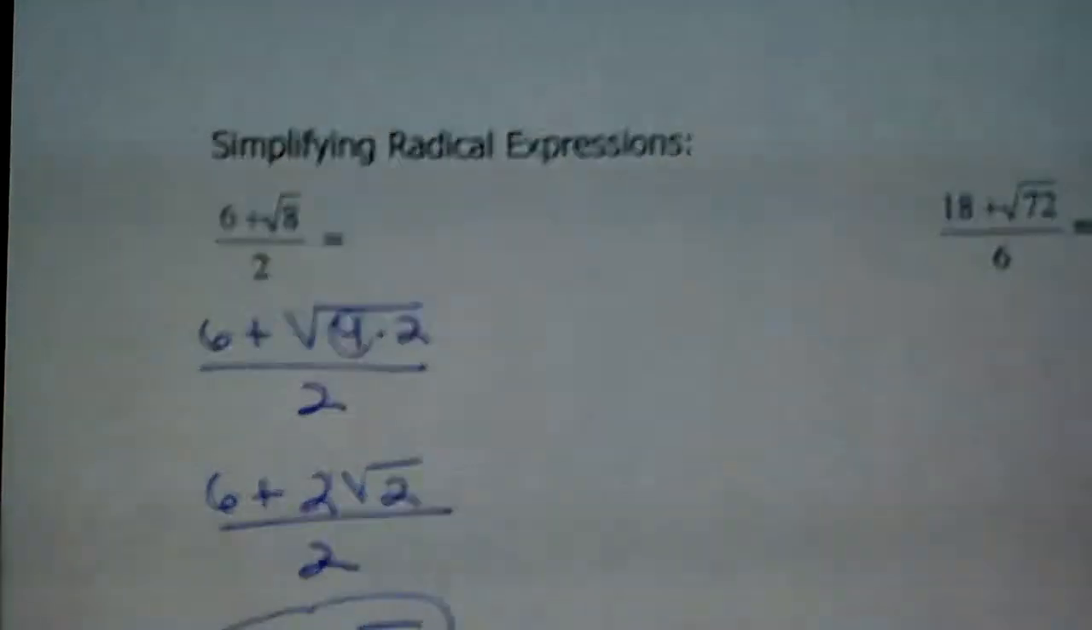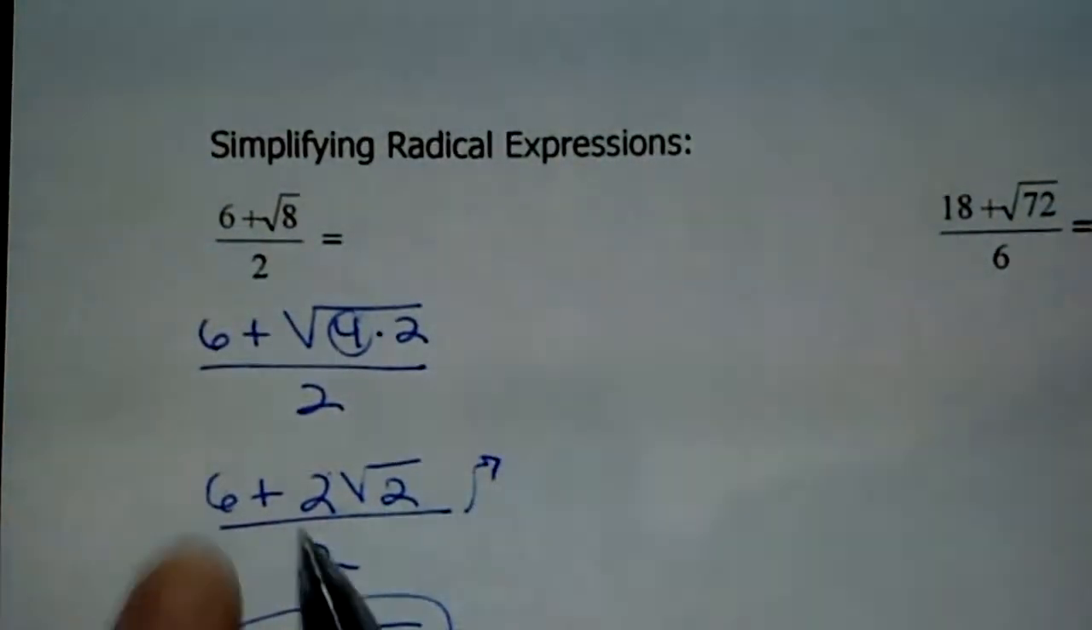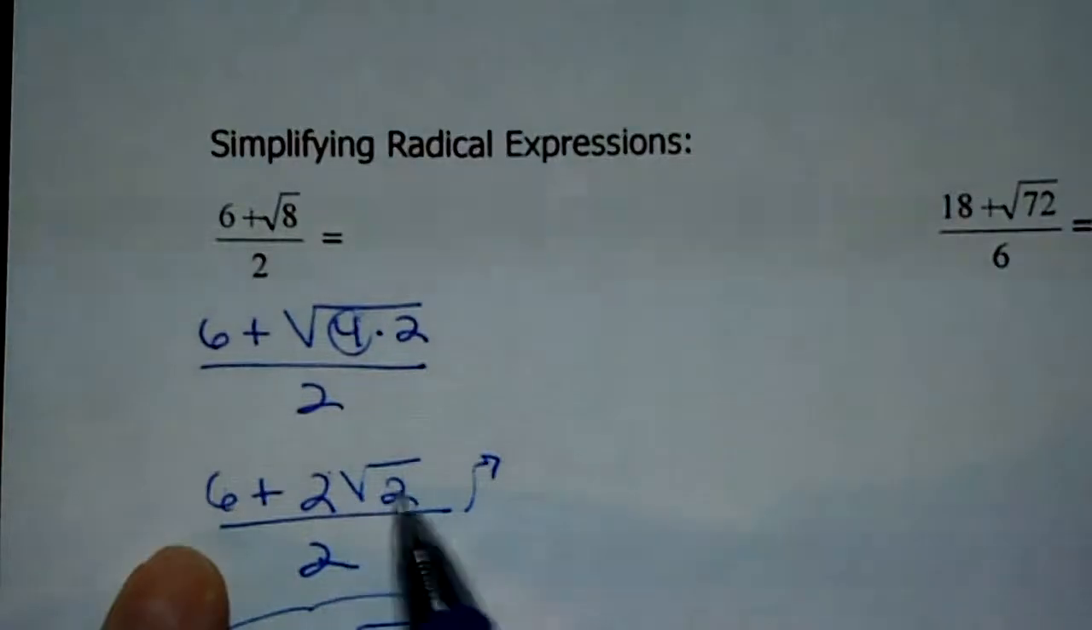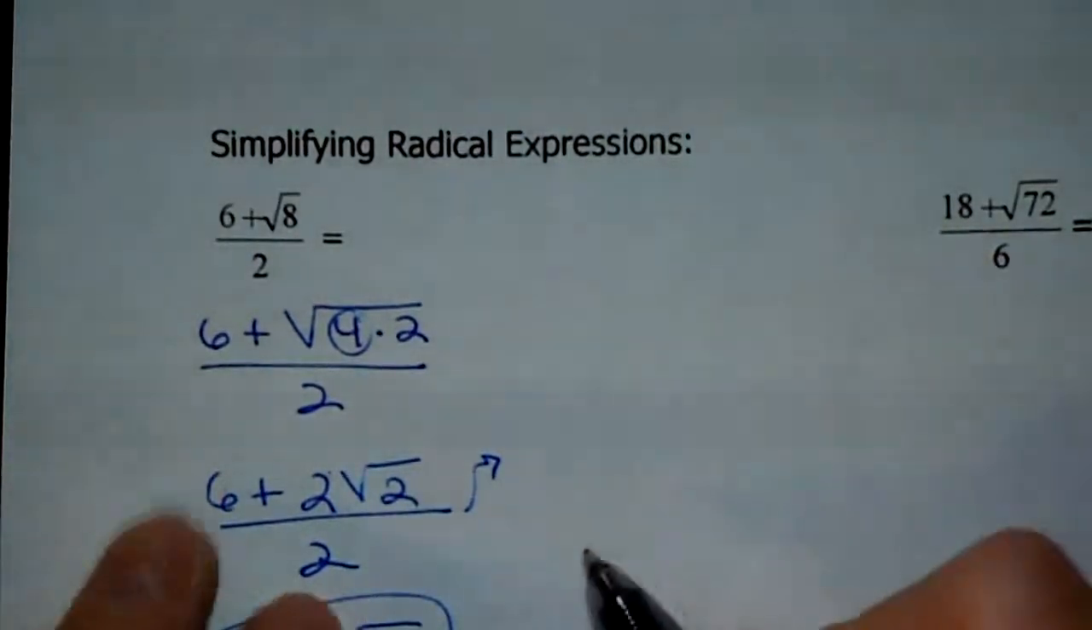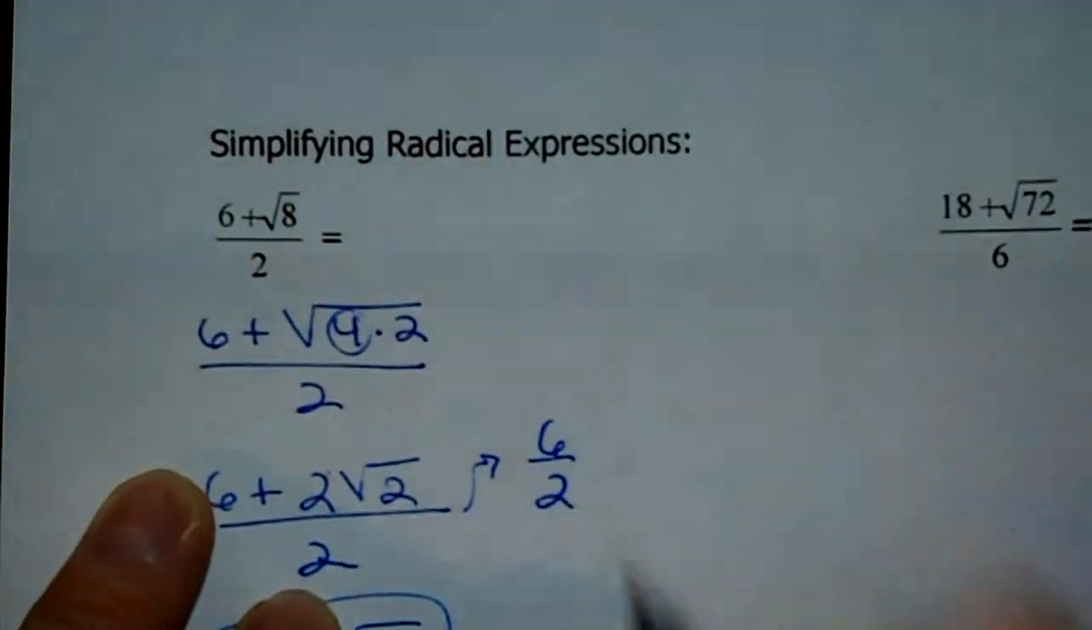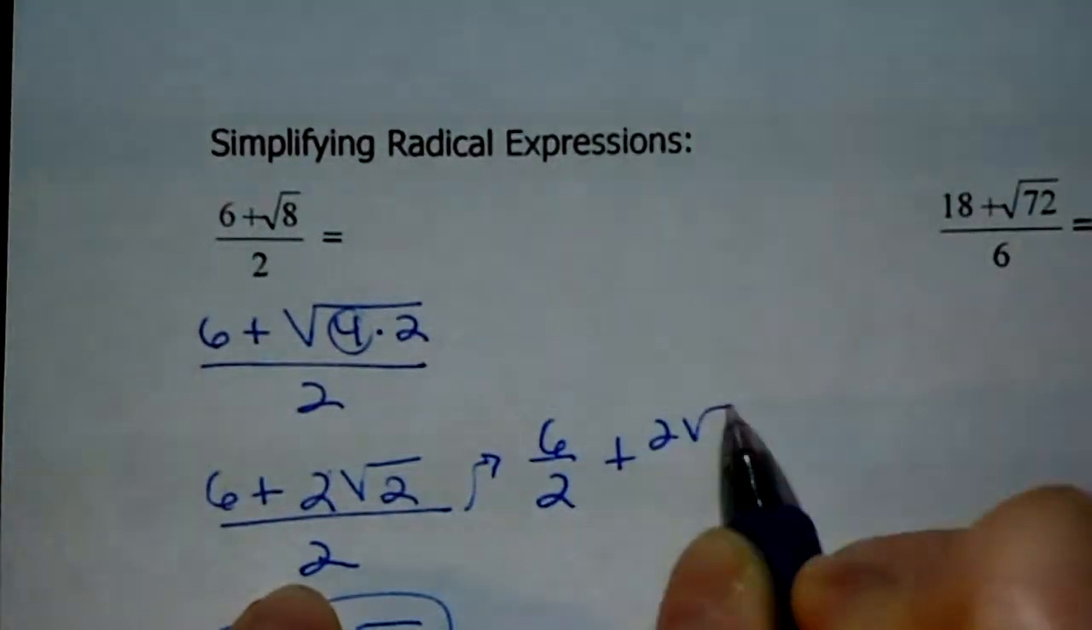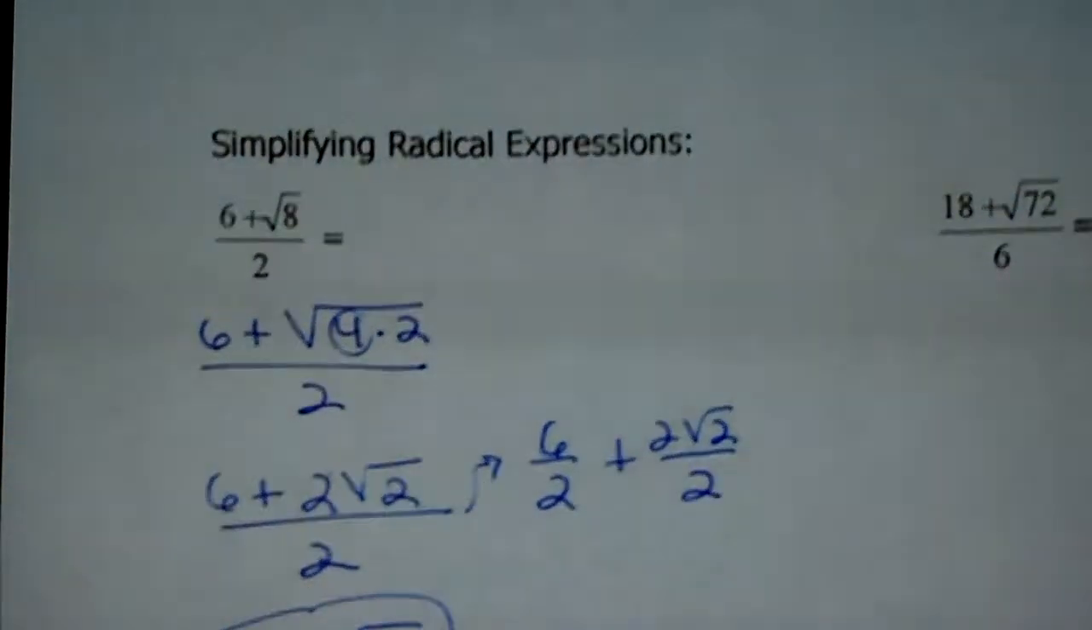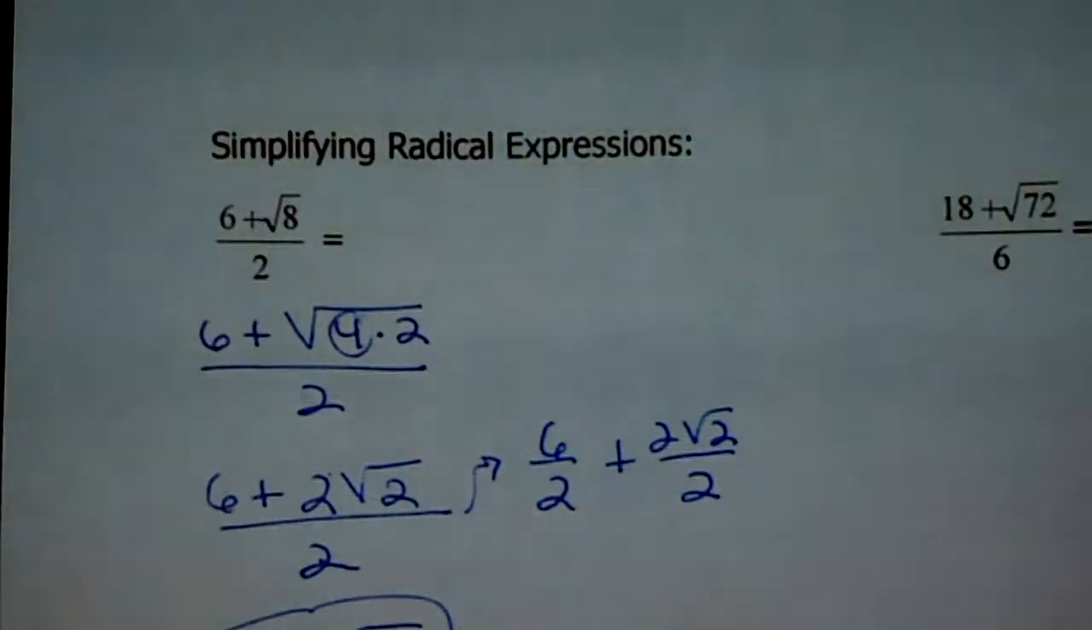If this isn't making sense to you, I need you to understand that this right here, 6 plus 2 times the square root of 2 divided by 2, means the same thing as 6 divided by 2 plus 2 times the square root of 2 divided by 2. That might make more sense to you, and if you needed to break it apart and write it like that,